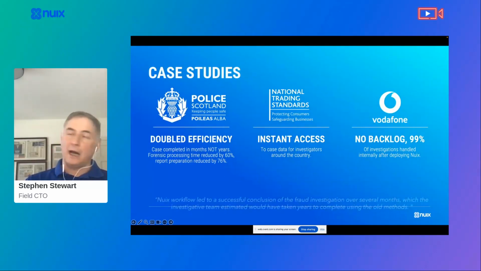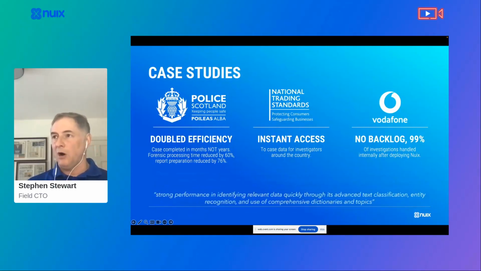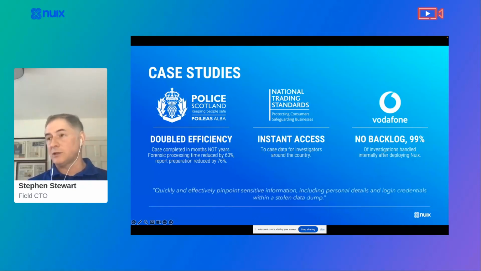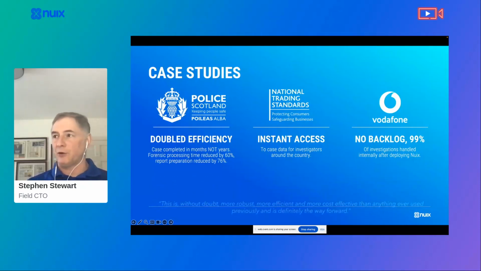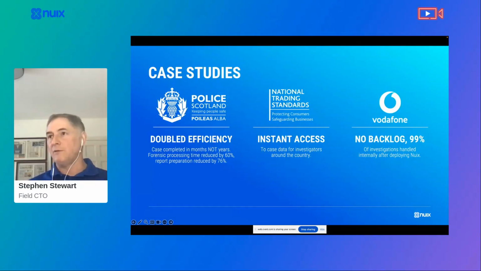So Police Scotland are a real great testament of what they can do and how automation can dramatically improve the process. And they took this upon themselves and built their automation from the ground up to be able to quickly drive that process. They're now looking at all of the other ways in which they can expand that automation and take it to the next level in and around adding AI into their workflows